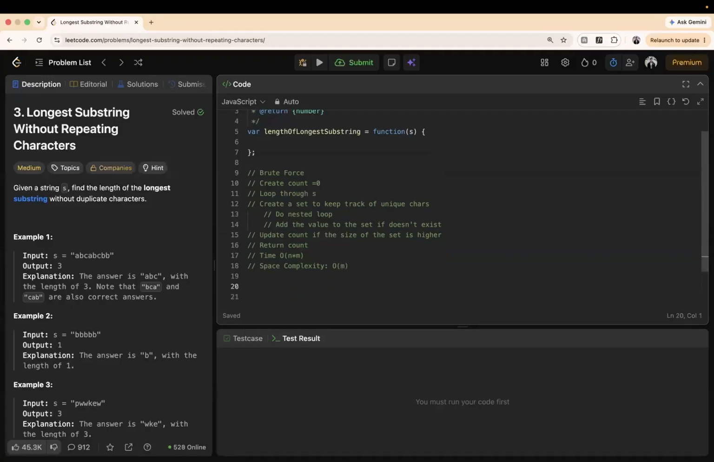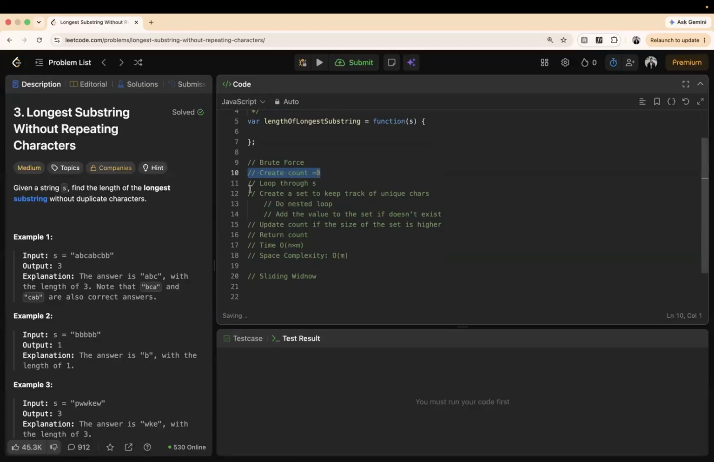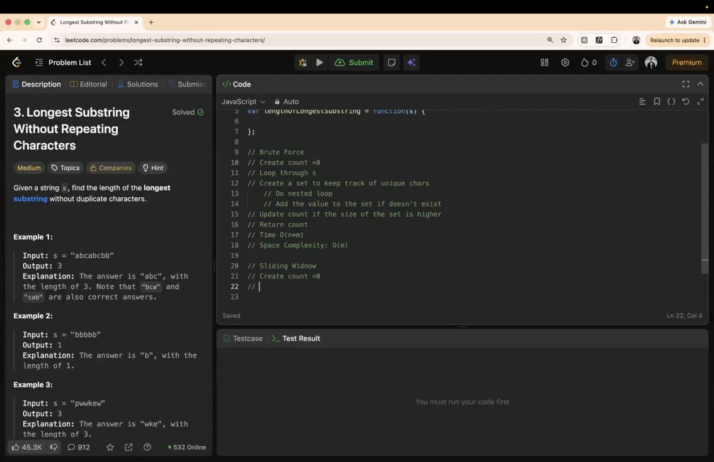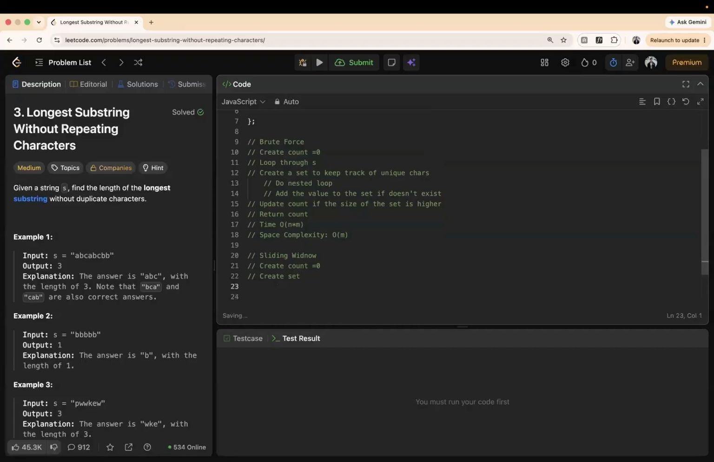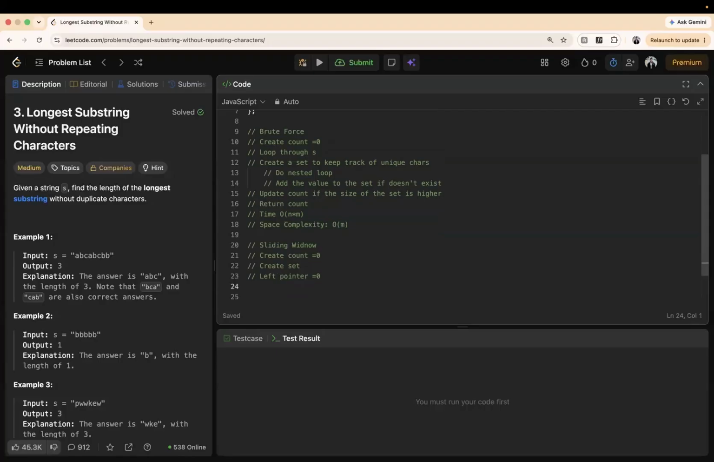So how else can we do this? How can we make it more efficient? Another technique is using a sliding window, since we're doing a lot of repeat work when we're doing a nested loop. Here we do the same idea, we create a count. And then we create the set on the outside. And we start with the left pointer at index 0, and then we loop through